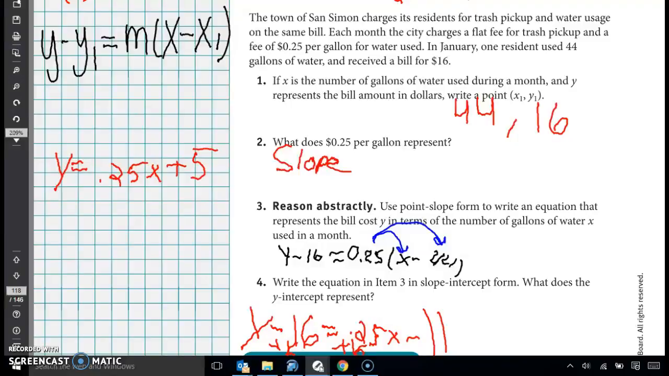All right, so in this format, what does this tell us? What information does this give us? It gives us our y-intercept. And for the situation of this bill, what does the y-intercept represent? Remember, this bill is for trash pickup and water usage. How much are they getting charged for water usage? How much? 25 cents a gallon. So what does this